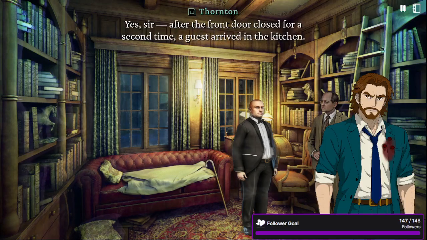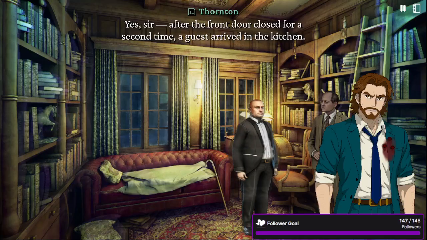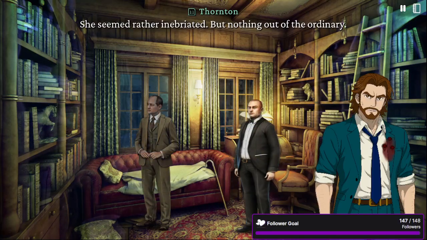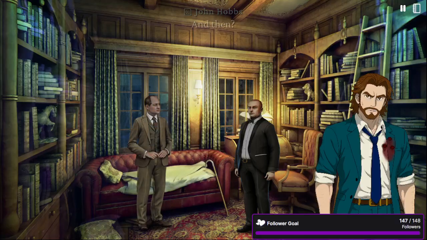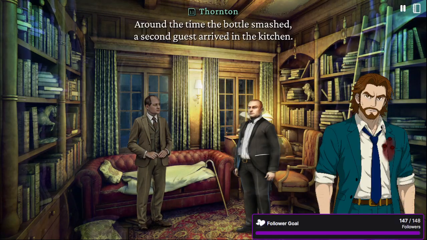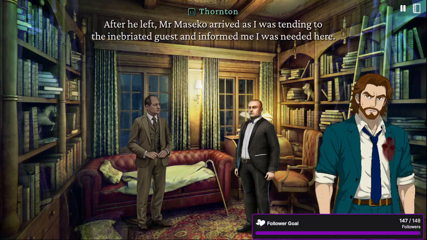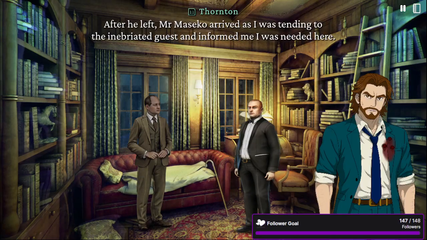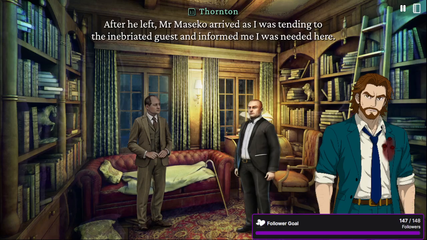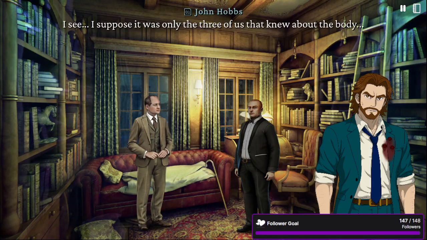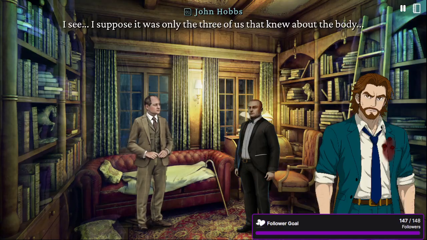After the front door closed for a second time, a guest arrived in the kitchen. She seemed rather inebriated, but nothing out of the ordinary. And then? Around the time the bottle smashed, a second guest arrived in the kitchen. After he left, Mr. Maseko arrived as I was tending to the inebriated guest and informed me I was needed here. I see. I suppose it was only the three of us that knew about the body.